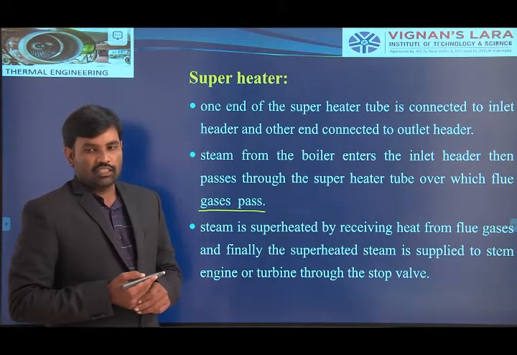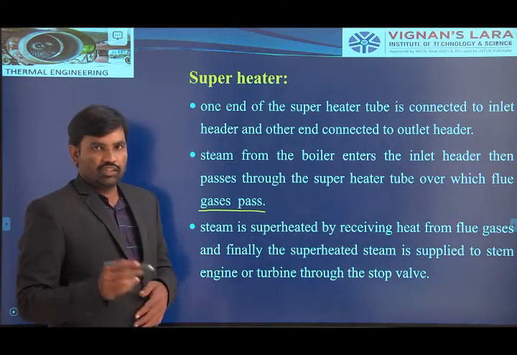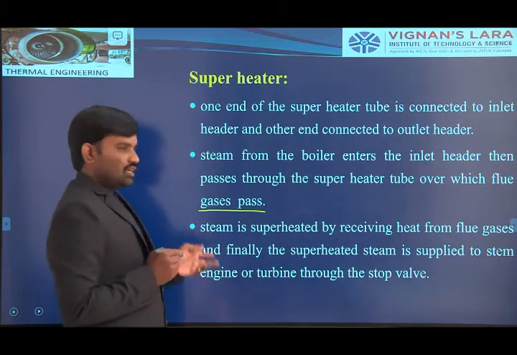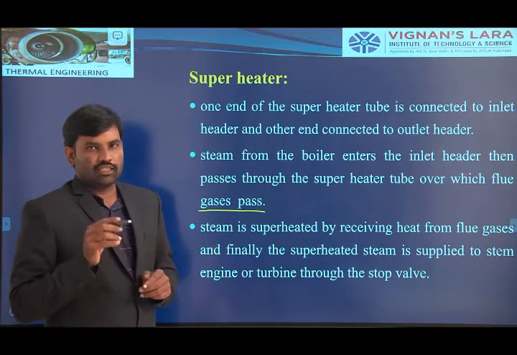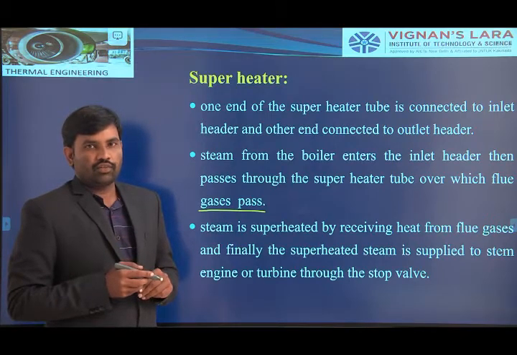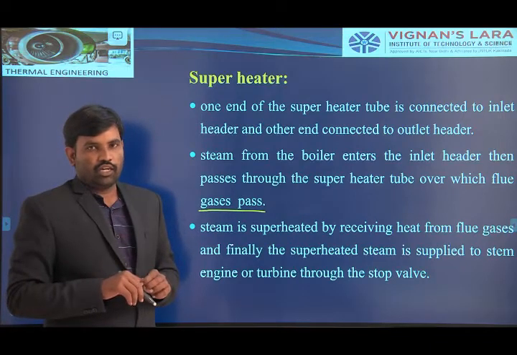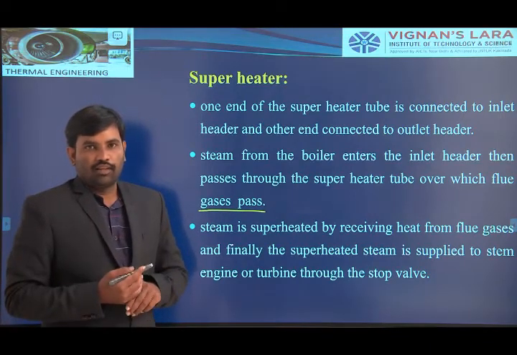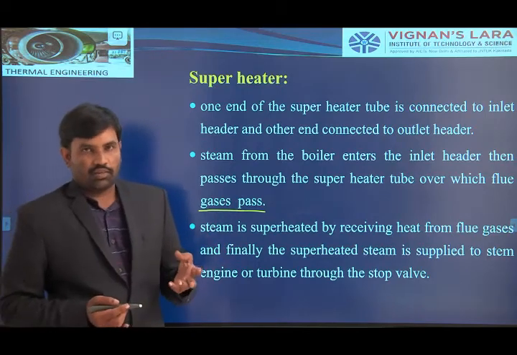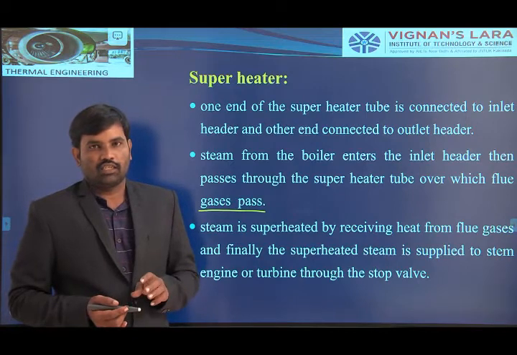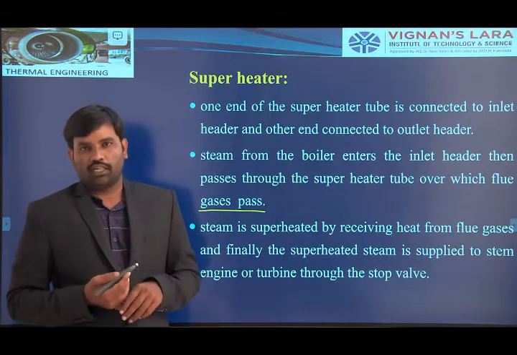We are not generating hot flue gases separately for the superheater and for the economizer. We use the hot flue gases' energy generated in the boiler combustion chamber itself. During the circulation of gases inside the boiler shell, we use that hot flue gases' energy in all devices before introducing it into the outside atmosphere through the chimney. After utilizing the heat energy of the flue gases in all devices, only then can we introduce those lower heat energy gases into the outside atmosphere.